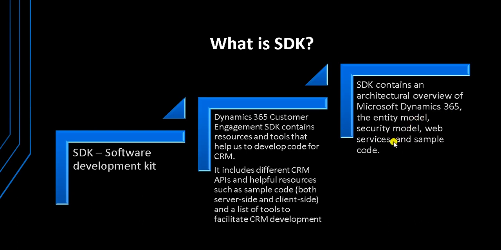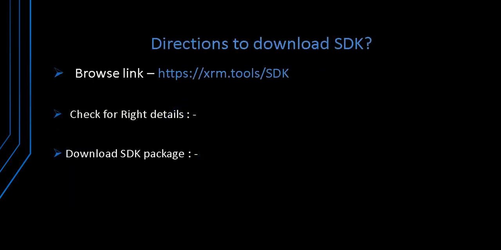So in this way, SDK helps a lot, and SDK comes with the version which is available in MSCRM. That is, if you're using MSCRM 365 version currently, you need to have SDK 365 version only. That is version 9 SDK. So the question comes to mind: where can I find SDK, where to download it, and what exactly does it contain. So I will show you.